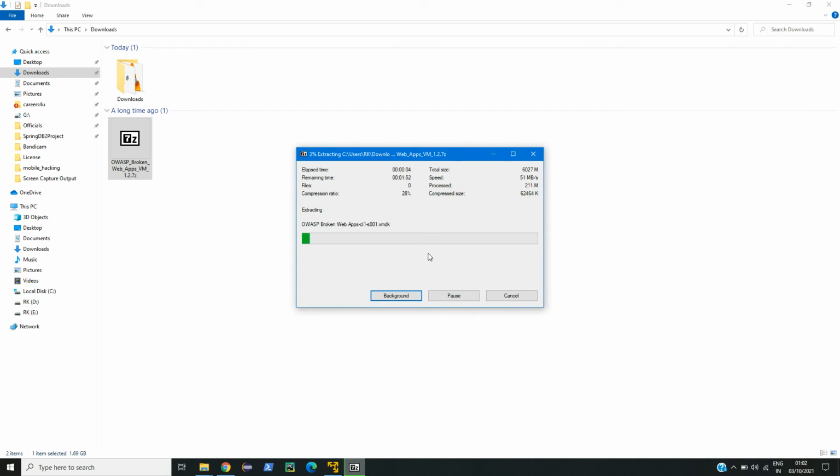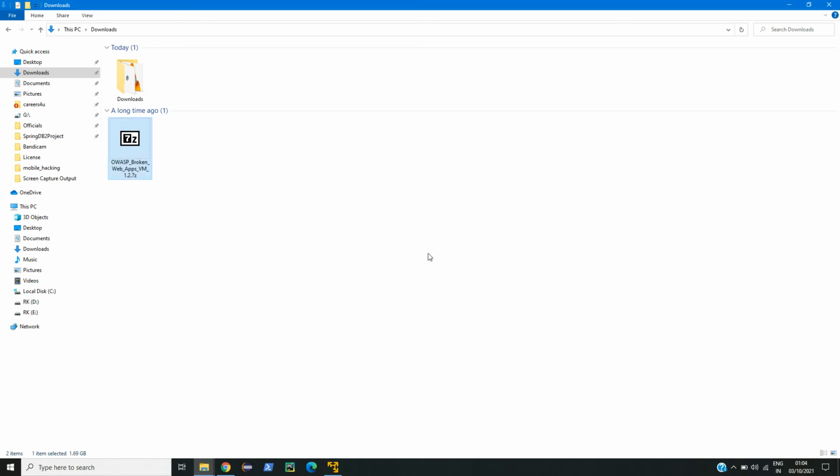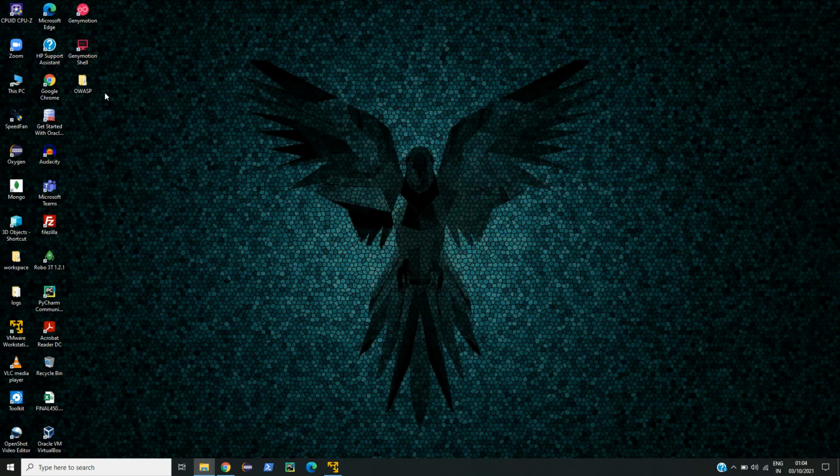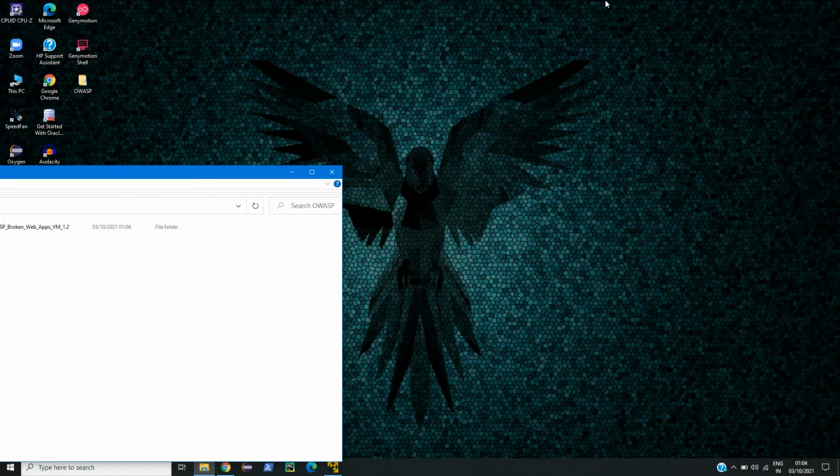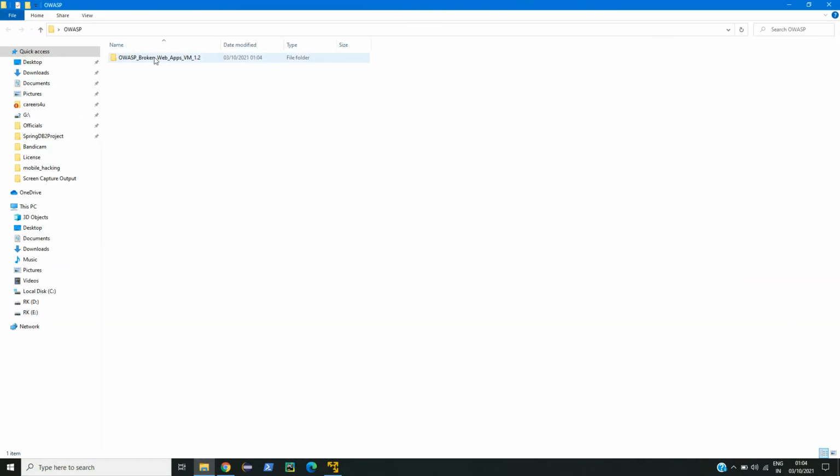It will take some time to unzip the OWASP zip file. I have skipped some installation process for you, but it took me around 2 minutes to unzip this file. Now in the desktop I have OWASP folder. And inside that we have our OWASP